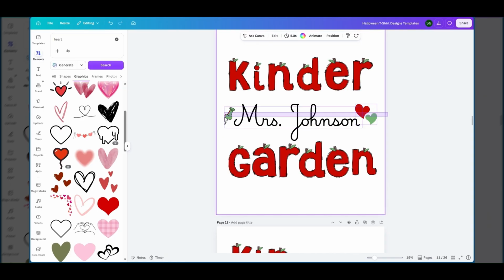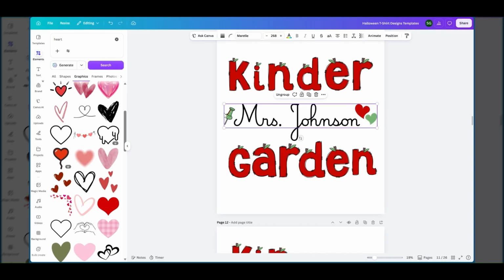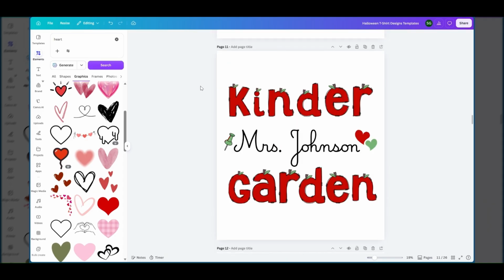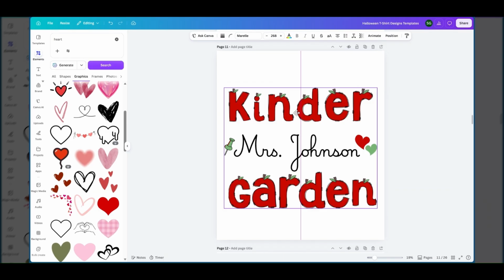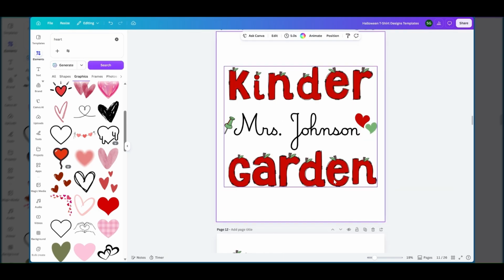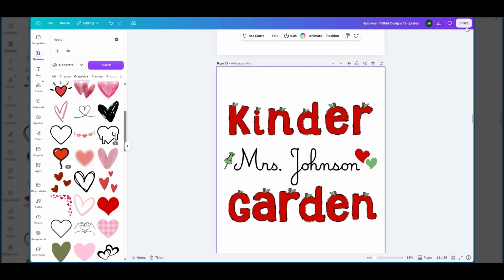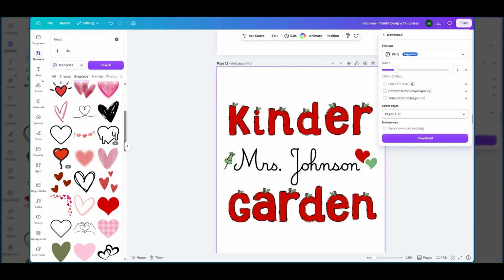Anytime things go together, I like to highlight it and group it so that everything moves as one. It's a lot easier. And you can also highlight all of it as well, like that, to make sure that it's centered. And we have the white background because we're going to be downloading this as a transparent share, download, PNG, transparent background. Always for t-shirts or print on demand designs, you want to have a transparent background so that it can go on any type of color